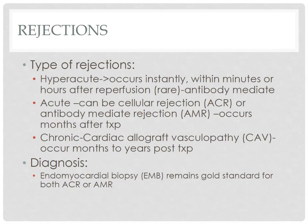So just a few more slides on rejection, which potentially you will see from readmission. There are different types of rejections that they classify. There's hyperacute rejection, acute rejection, and also chronic rejection. Hyperacute rejection happens very quickly after surgery, it can be minutes, hours. That's usually antibody driven, so it's more